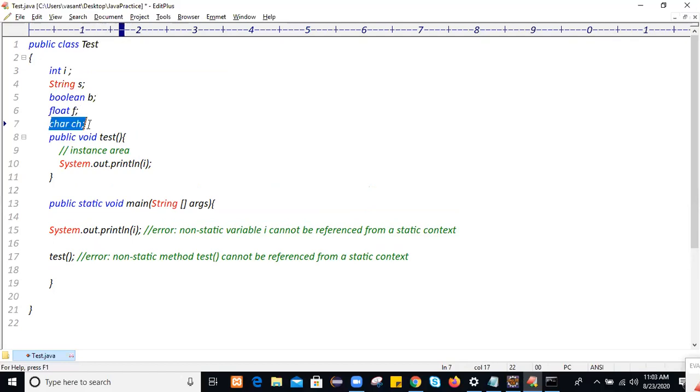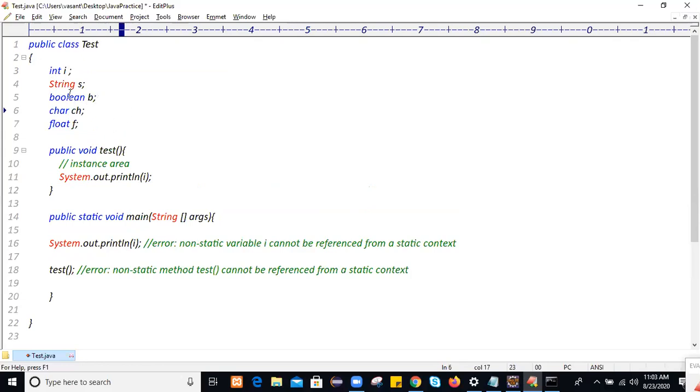If you don't initialize an instance variable, it will get initialized with a default value. The default value for integer type is 0, for string type it is null, for boolean type it is false, for character type just a blank space, and for floating type just 0.0, a decimal value.